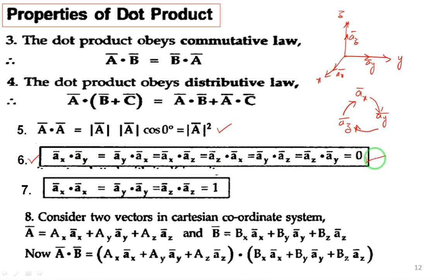If I take the dot product of dissimilar vectors, the dot product will be 0, because cosine of 90 degrees is 0. If I take the dot product of similar vectors, that is ax dot ax, ay dot ay, az dot az, in property 7, the cosine of the angle will be for 0 degrees, and cos 0 is 1. So I will show you for one, ax dot ax, similar vectors. By the definition of dot product, magnitude of ax, the first vector, magnitude of the second vector, that is ax only, then cosine of the angle, cos 0, is 1. The magnitude of a unit vector is 1, so 1 dot 1 is equal to 1. You will get it like this.